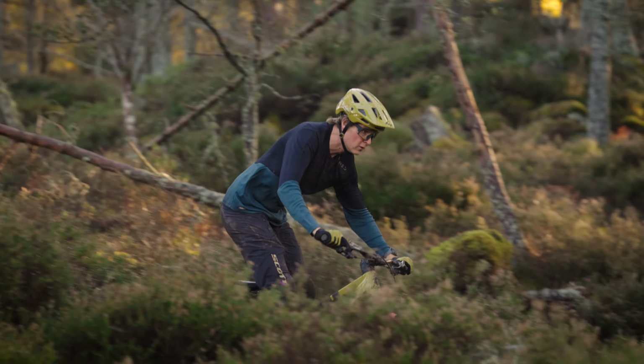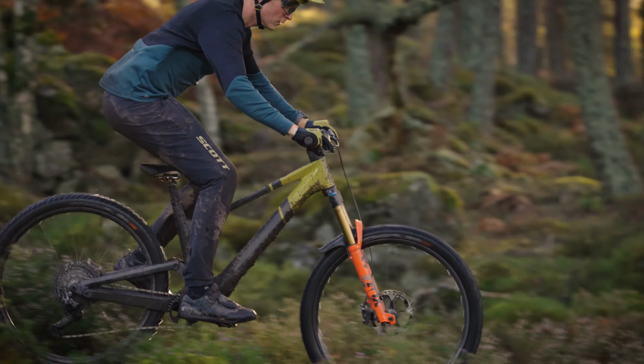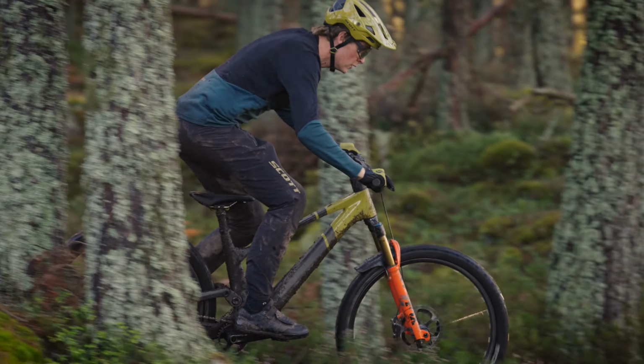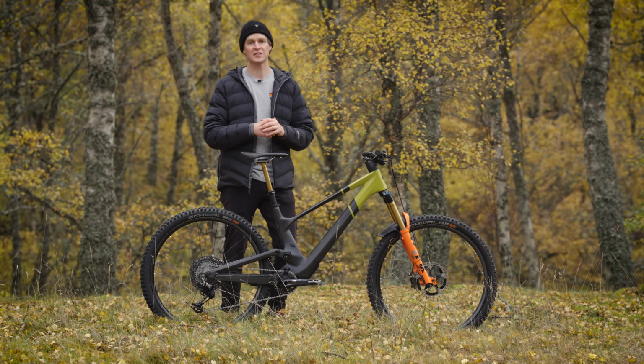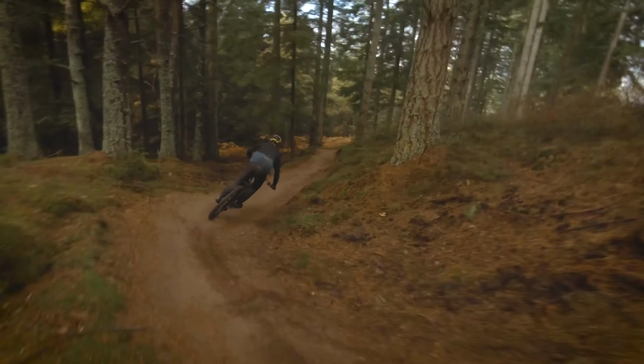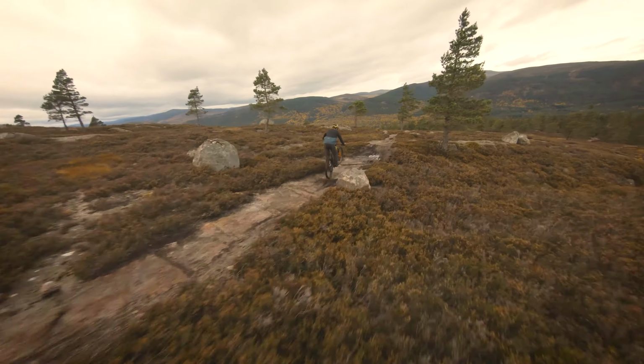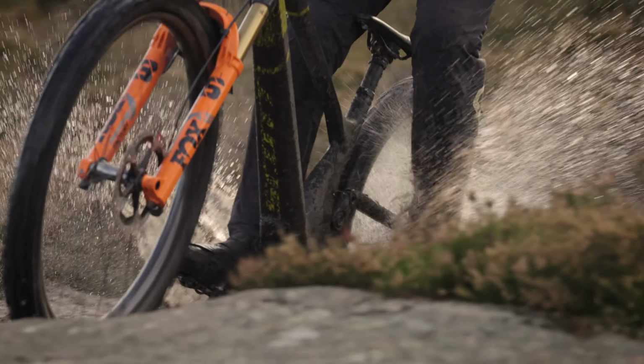The geometry has been updated, and the reach on a size large is 485 millimeters, which gives you a wheelbase of 1,263 millimeters. That makes for a really stable and planted bike, especially in some of those bike park sections or on high-speed straights. The biggest detail about the frame is the fact that the shock is inside, but it is